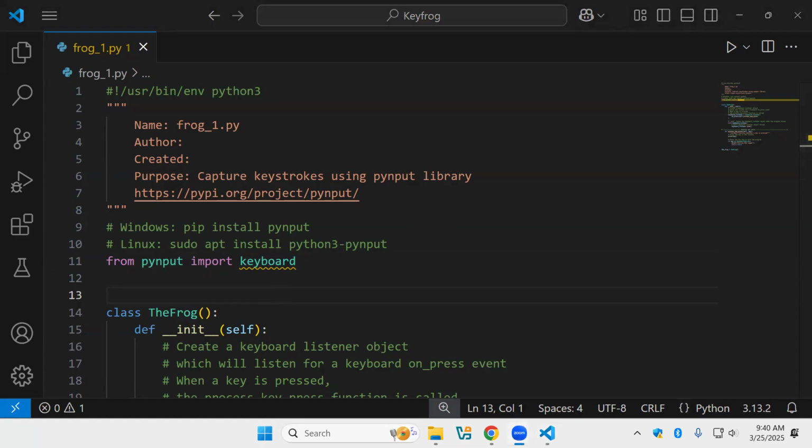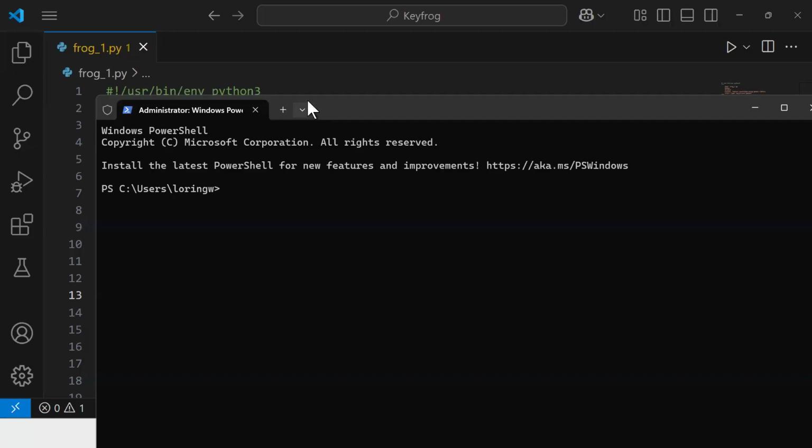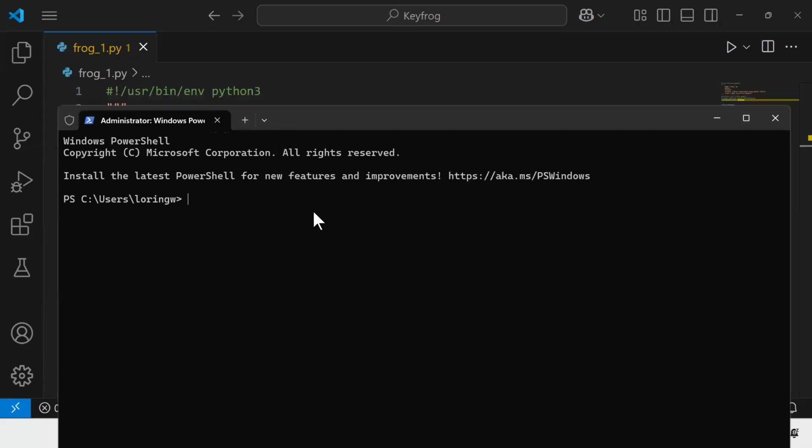Yeah, see, I have to reinstall all my... So in Visual Studio Code, that means that I haven't installed the PyInput library. So we'll use our standard pip install pynput library. And then it'll search through the,